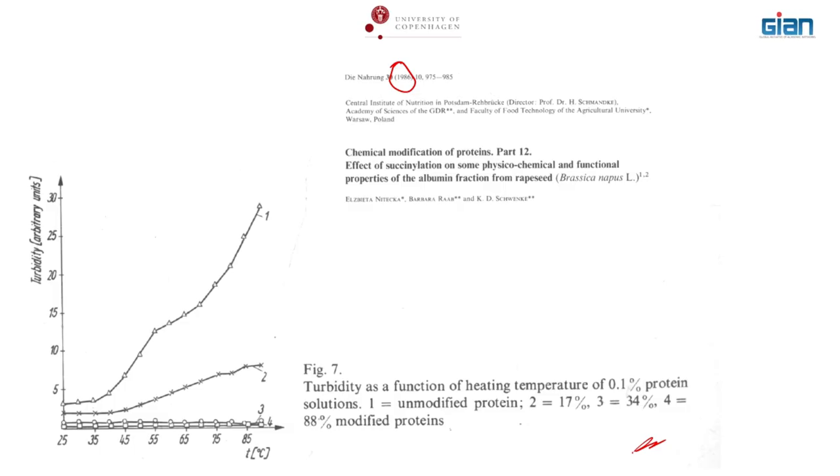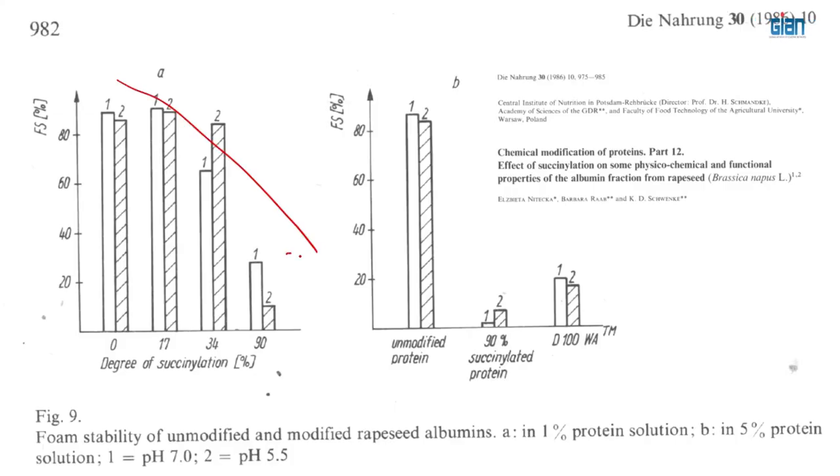And they clearly show that turbidity is compromised. It's not actually creating good gelation properties after succinylation. I read a lot of papers that show, oh, you do succinylation, you get better gelation and so on. This paper shows it doesn't give good gelation. And in the same paper, they also show that foaming properties are compromised. I really enjoyed reading this paper because they openly tell